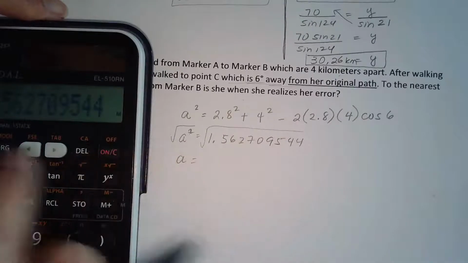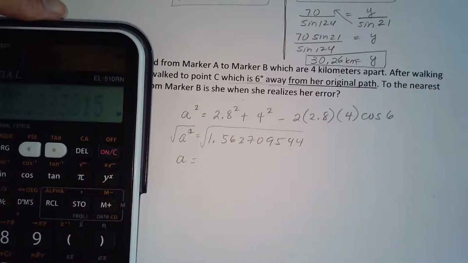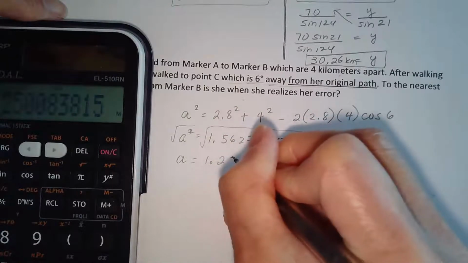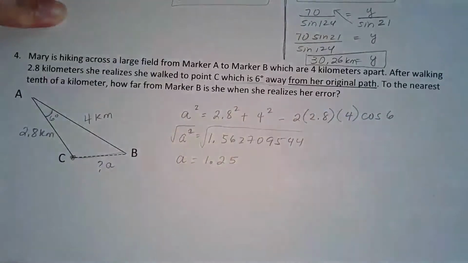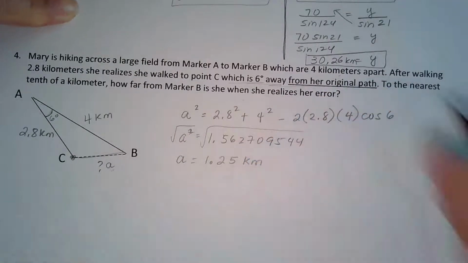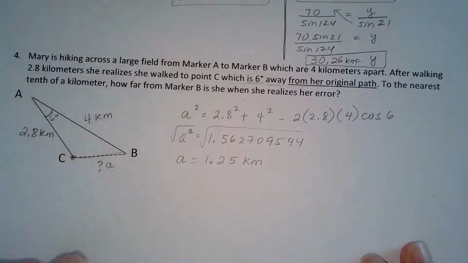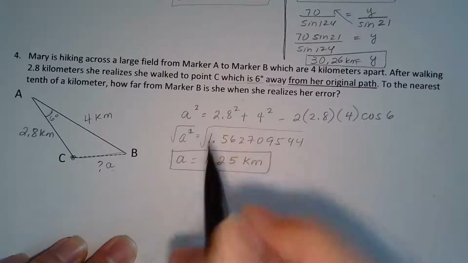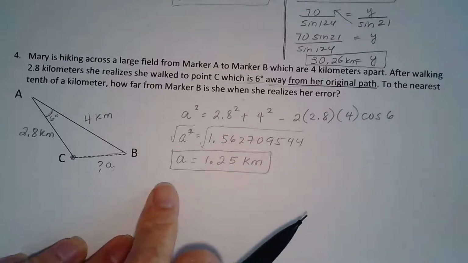So now I'm going to take a square root of that. And then my answer is 1.25. 1.25. And what's my unit? 1.25 kilometers. Okay, so that's that one. So that one's not so bad. It's only one step, but we had to